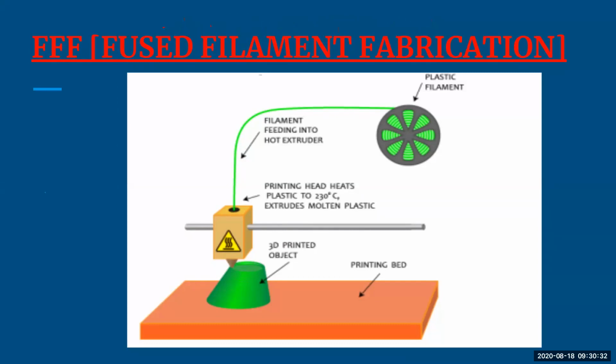Okay, then this filament, whatever it is, is fed into the nozzle, and this nozzle basically heats up the material. It melts the material, and then the 3D printing of the object starts. Always make sure that whatever you want to 3D print is over your printing bed. The printing bed is important because your 3D objects will be built over it. There is a nozzle which will melt the material inserted into it, and the object preparation will start with the help of this nozzle.